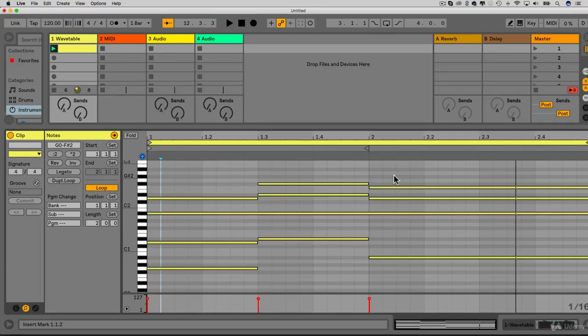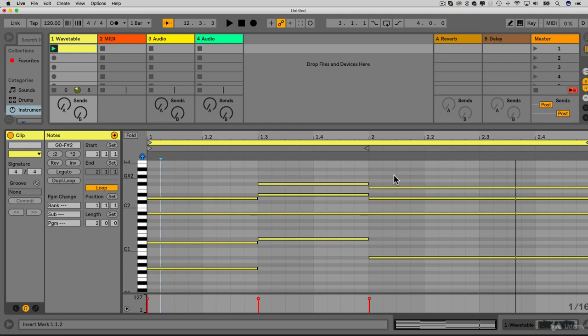Hello, in this video we're going to be looking at the Wavetable synth in Ableton Live 10. So this is brand new to Live 10. In Live 9 we didn't have this synth. It's a Wavetable synth, so we can actually control the synth a lot more with the Wavetable. It's similar to, say, Serum, if you've used Serum before. But if you haven't, don't worry, I'm going to show you in this lecture how you can actually use this